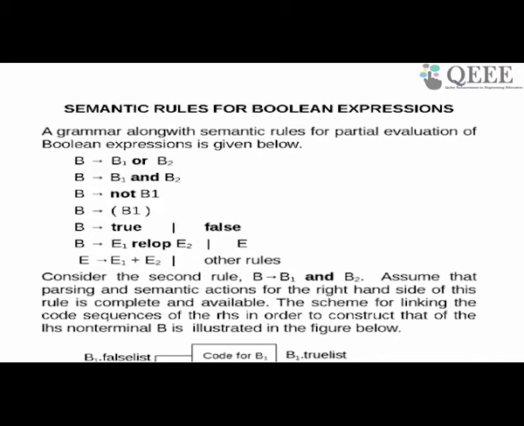And if you get just true and false directly as operands, then what sort of code do I generate? The semantic actions written assume a certain style of writing the code. If I change the style, then the rules will also change. But what is important to assume here is there is only one non-terminal B.